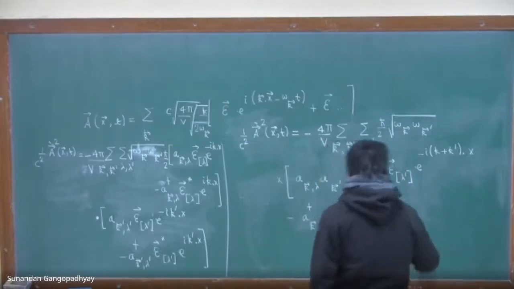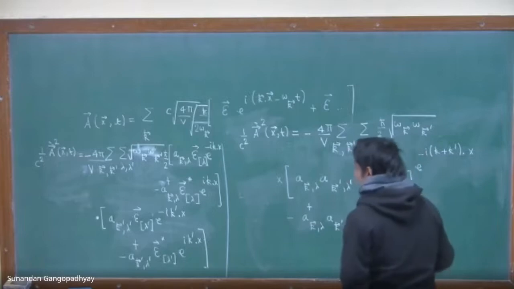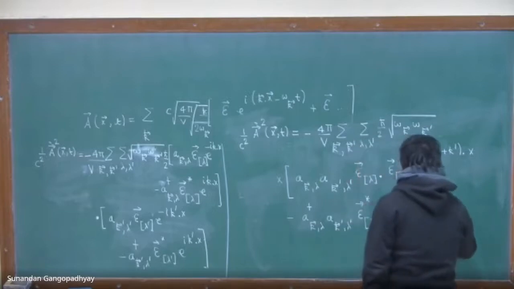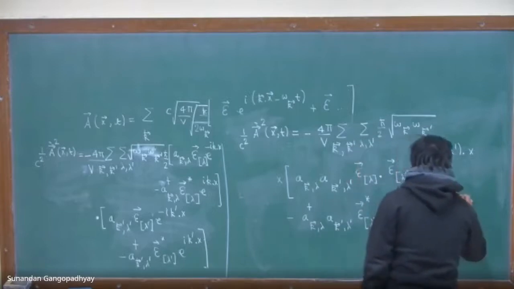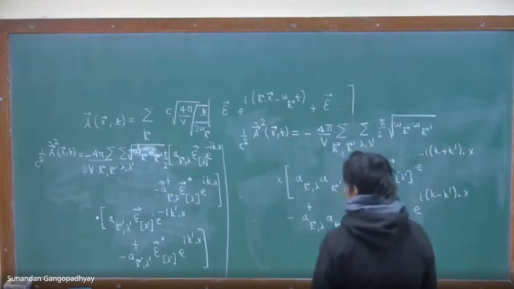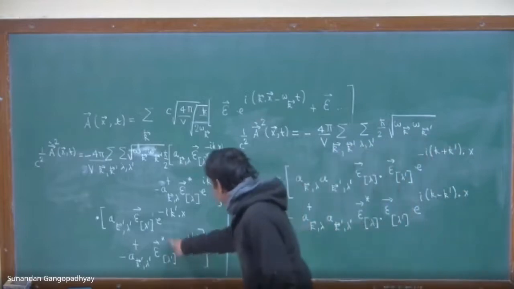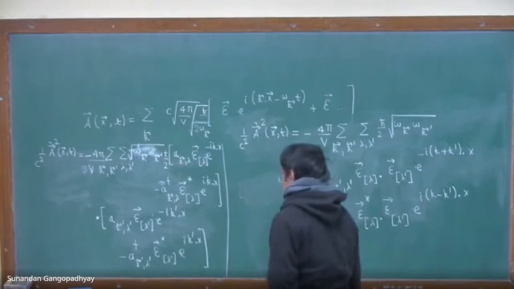Then we shall have e to the power of i, and this is the second term. Then this term multiplied by this will give us minus